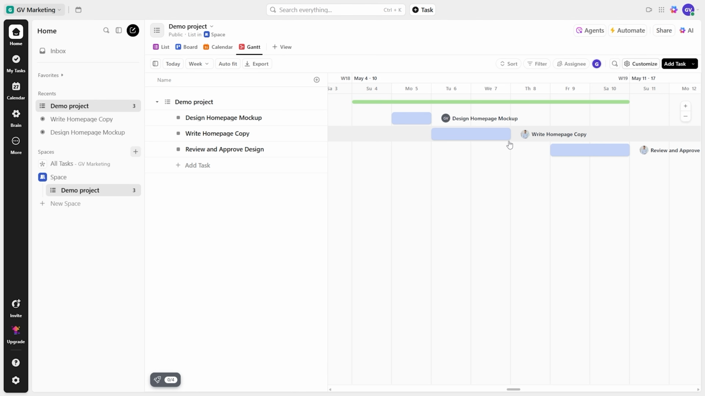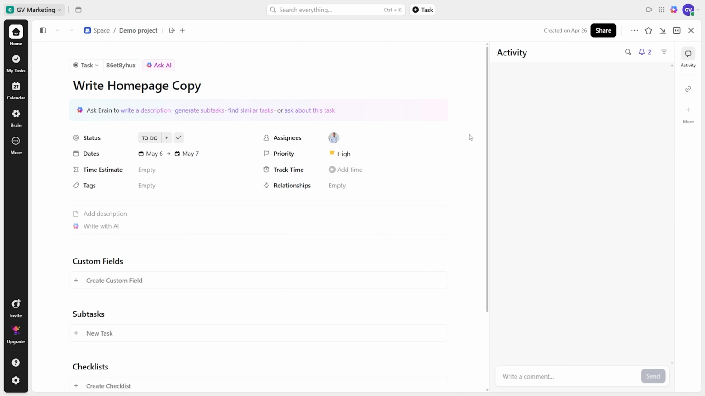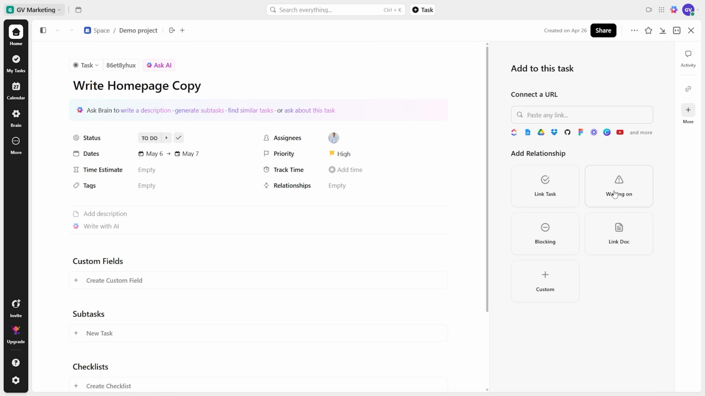Dependencies. This is a key feature of Gantt charts. You can view dependencies between tasks, meaning task B can't start until task A is done. In ClickUp, to set a dependency, either open a task, add a dependency in the task's relationship section, waiting on